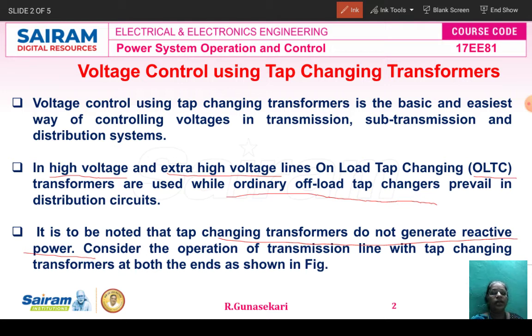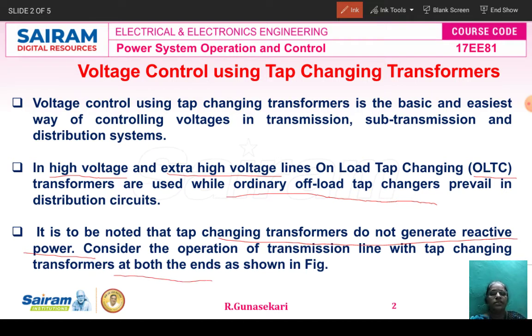The transformer, either stepped up or stepped down, only transmits, so it does not generate reactive power. We already studied this under the topic production and absorption of reactive power in lecture video 2 of the same module 4. Now we can consider the operation of the transmission line with the tap changing transformer